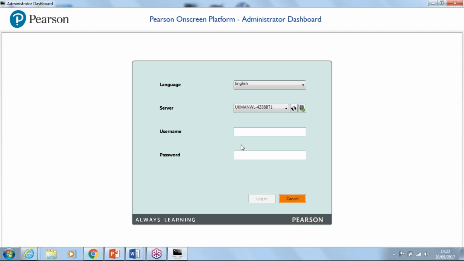So administrator dashboard, if I double click onto that and launch the software, this is the initial page that you're presented with. So in here, you would enter your username and password that was sent back to you in the email that we looked at earlier. So if I enter that,